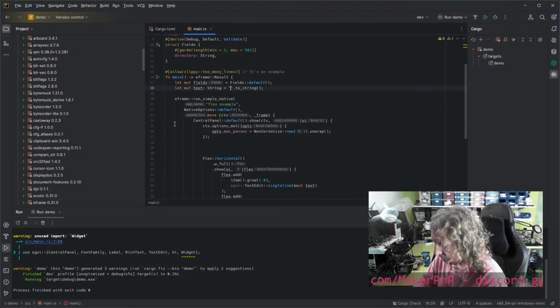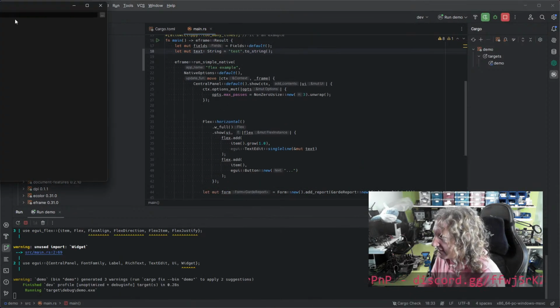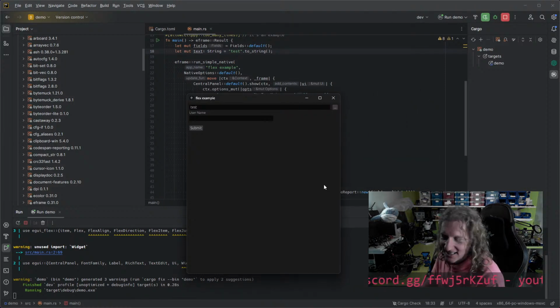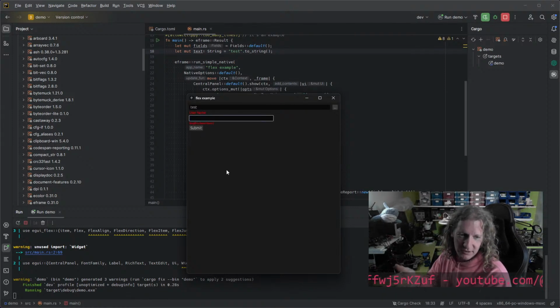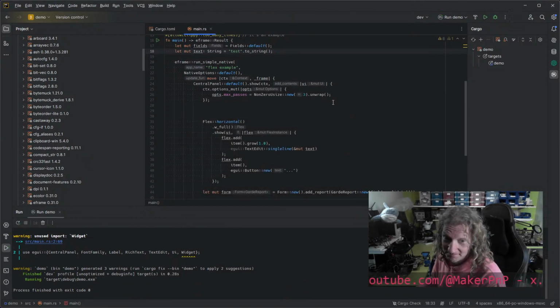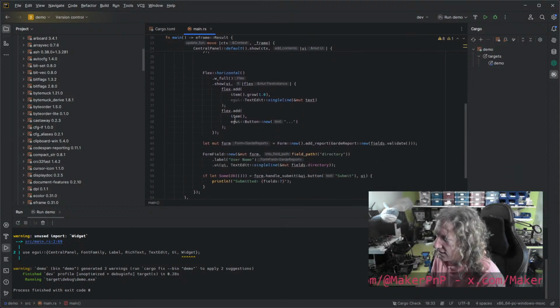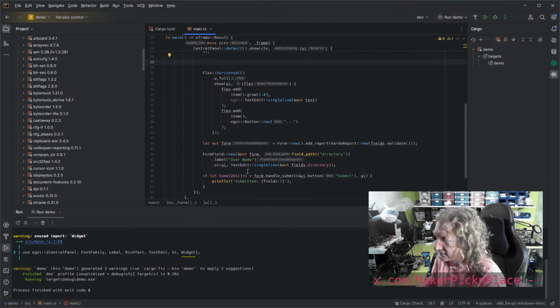Sure. Right, so now we should have a flex thing and a form thing. And then we've got this form validation. And this is one of the reasons why you want to use the form crate, because you don't want to have to write the validation code yourself. We're going to see. So what we need to do is this. Before I do that though, well, no, let's do it. Okay, so